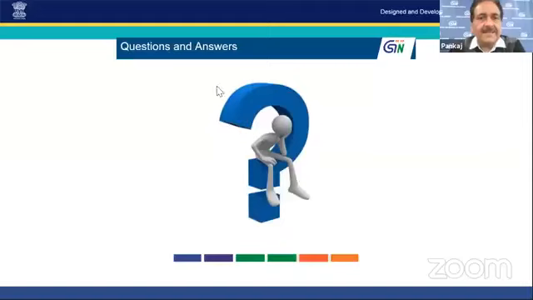Nivedita Salunke has asked that ITC claim of Tran 1, like excise duty and VAT, how is it claimed against CGST and SGST in GSTR 3B. It cannot be claimed under GSTR 3B. You have to file Tran 1 for that. Once you have successfully filed the Tran 1, it will be auto-populated in your credit ledger, and only then you can utilize it for discharge of your tax liability.